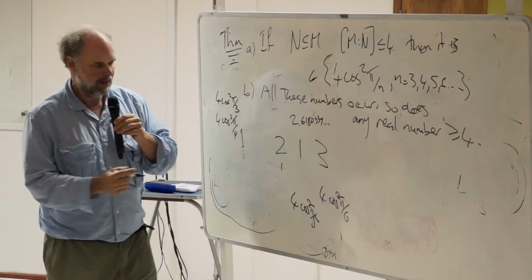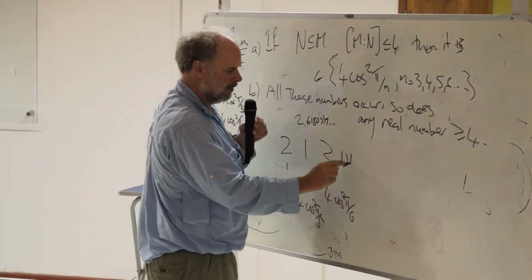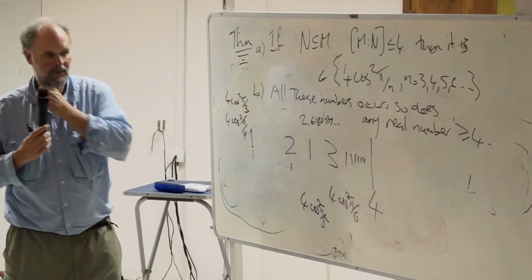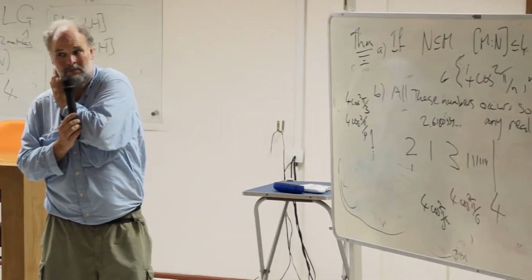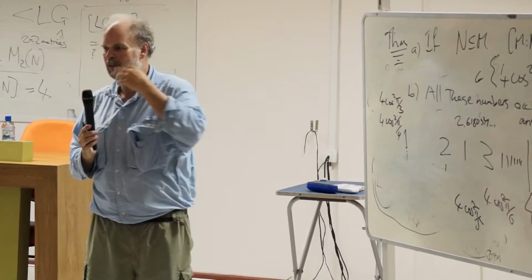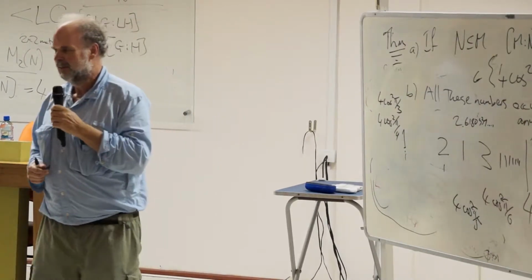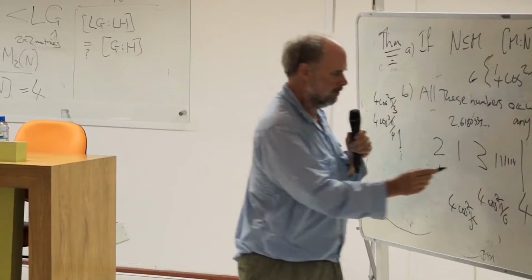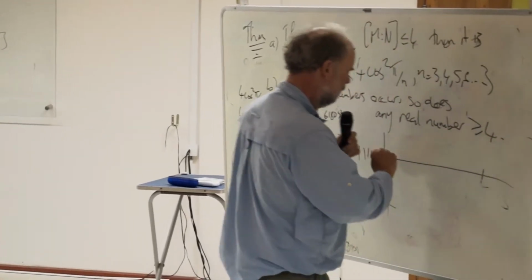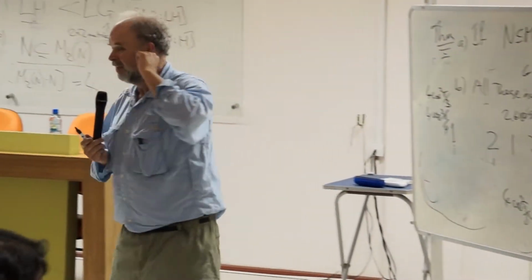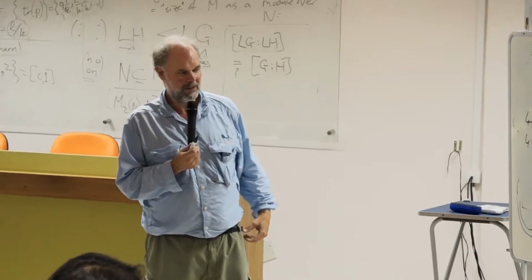Okay, and then these numbers, 4 cos squared pi over 7, and so on, converge up to 4, which is the limit, 4 cosine squared of pi over infinity, that is, 4 cosine squared 0. Okay, 4. And then after that, this continuous dimension takes over, and all real numbers occur as the dimensions of these things. So that's the somewhat surprising resolution of this problem.